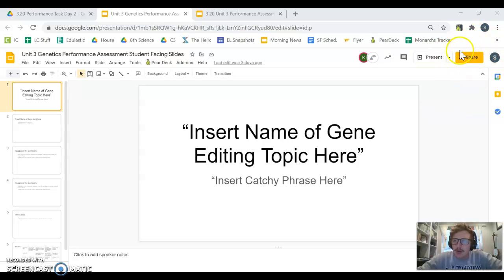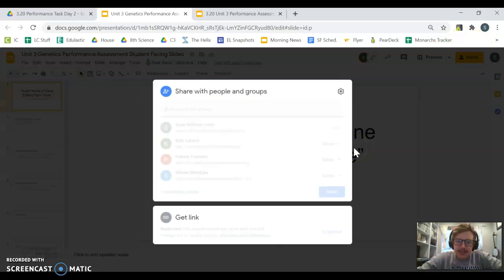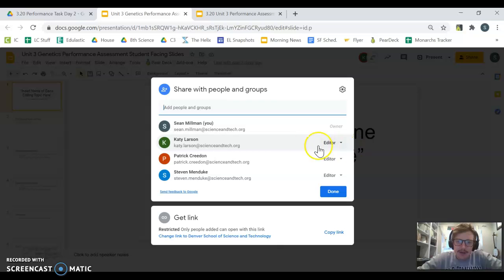So up here on the top right corner you'll see the word share on any Google Suite page. So you'll click that and then it'll bring up this list of options here in the middle. So you can see already that I've shared the document that we're looking at now with quite a few people here, but if you want to add people and share documents with those folks, you might type here, let's say